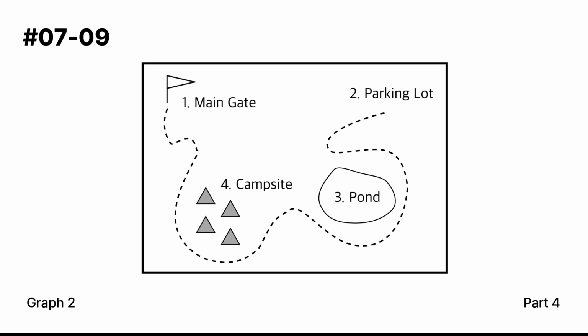Before you begin your site inspection, please proceed to the main gate to pick up your safety badge and checklist. Then follow the path leading south to the campsite, where our team leader will give you a brief orientation.